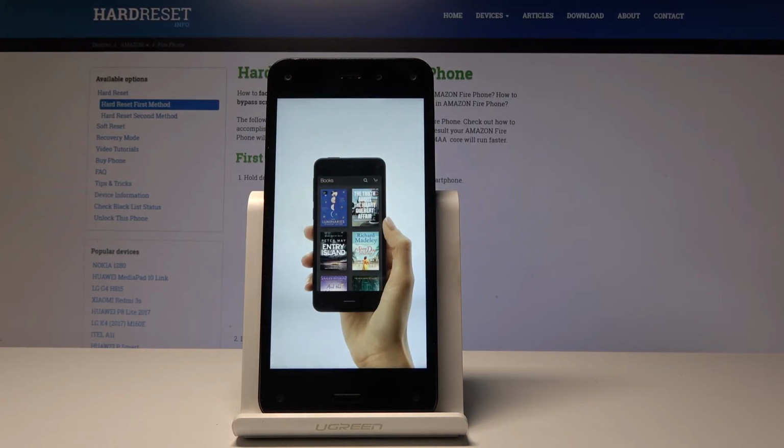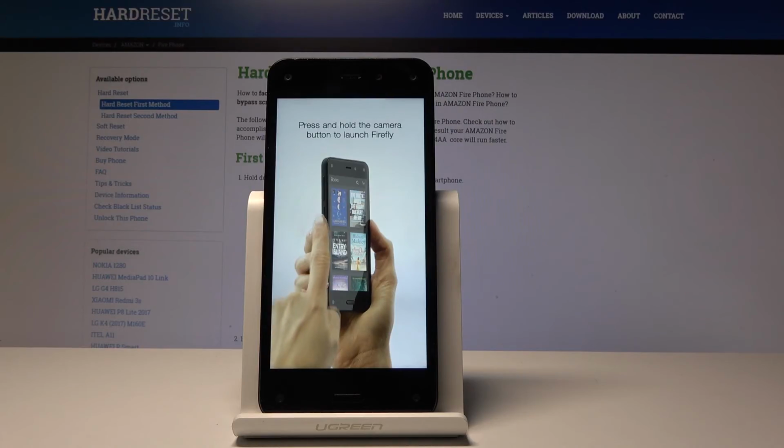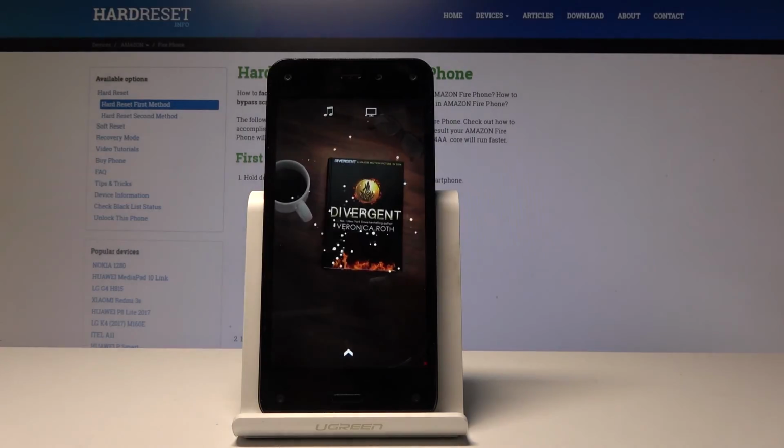One last thing. Fire has a camera button on the side. Tapping it will launch the camera immediately, so you never miss a shot, but it also does a lot more. Press and hold the camera button to launch Firefly. Firefly technology can